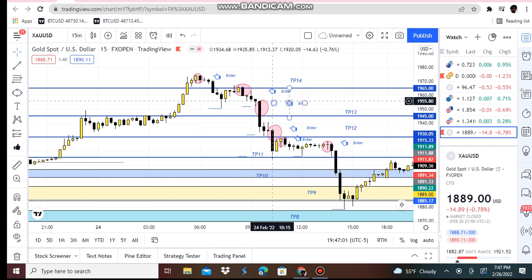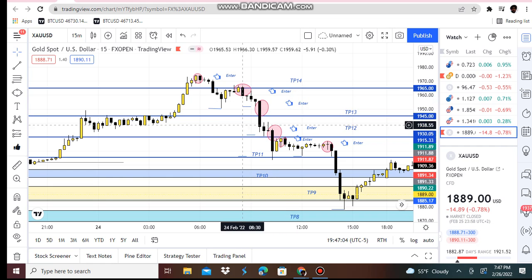of candlestick pattern at our psychological level, take profit 13, enter again, break below take profit 13, goes to take profit 12, stops here, boom, at 1931, makes a lower high in 1941, 1935, shows us a black candlestick pattern again, boom, enter for a trade at take profit 12, breaks below take profit 12 to the next take profit level, take profit 11, boom, from take profit 12 to take profit 11, makes a lower high before going to make a